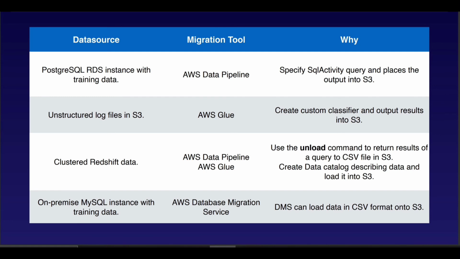Now, for the next example, let's say we have some clustered Redshift data. Well, we have a couple of different options. We can use AWS Data Pipeline and the unload command to return the result of a query to a CSV file in S3. Or we can use AWS Glue to create a data catalog describing the data and load it